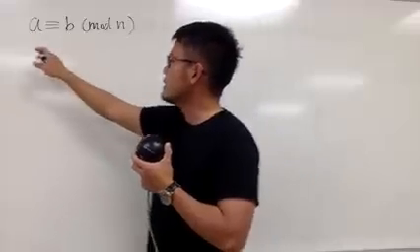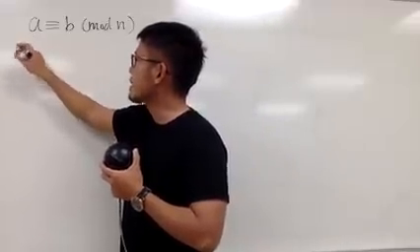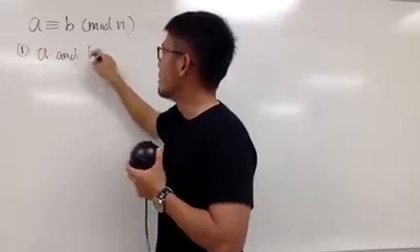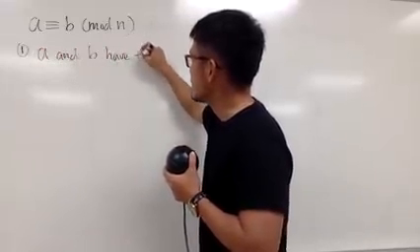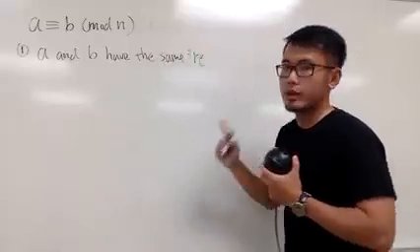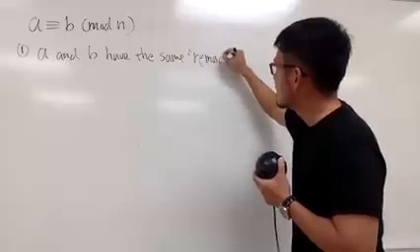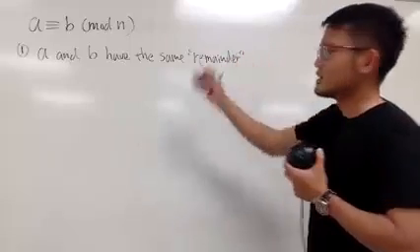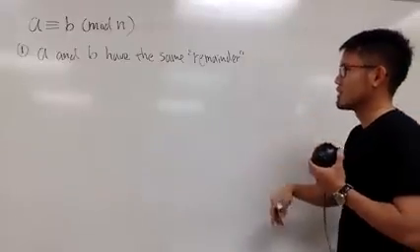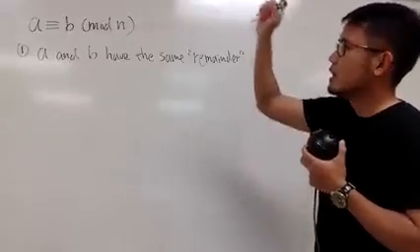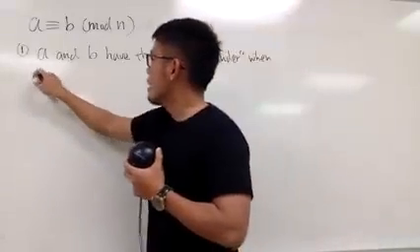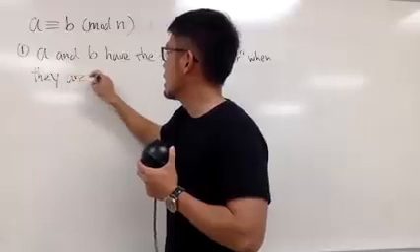Perhaps the first thing I want to tell you guys is that when we have A is congruent to B mod N, this means that A and B have the same "remainder". I put a quotation mark around the word remainder, because sometimes when we're talking about this kind of thing, you may end up with negative remainders. So that's pretty much the idea, and that's why I put down a quotation mark. A and B have the same remainder when they are divided